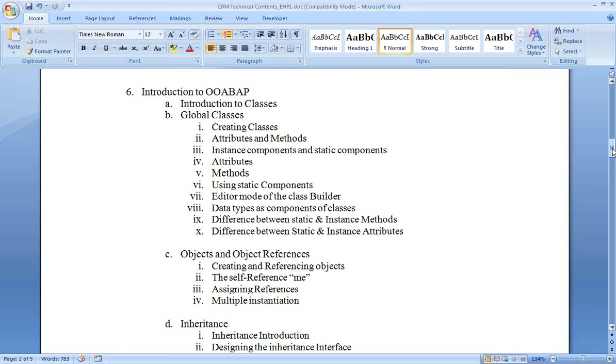OABAP is a very huge subject, but we don't need all of the concepts of object oriented ABAP. We only need those things which will help us to do BSP coding and WebUI coding, BSP programming and WebUI programming. That's it. So what we need here is